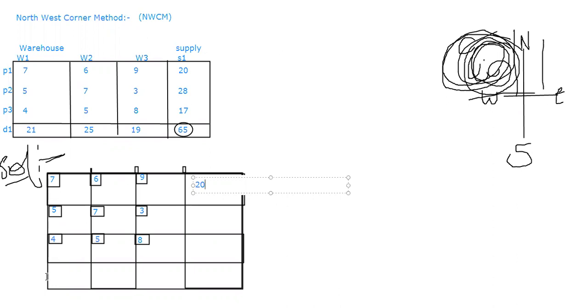But if you look here, there is 21. Which one is the least that I can satisfy? Can I satisfy 21? Or 20? Demand is 21, but supply is how much? Demand is 21, but just because demand is 21, do I have that much stock? No. How much do I have? 20. So which one can I satisfy here? Least is 20. So here I'll go for 20. So I have assigned 20 in this part.